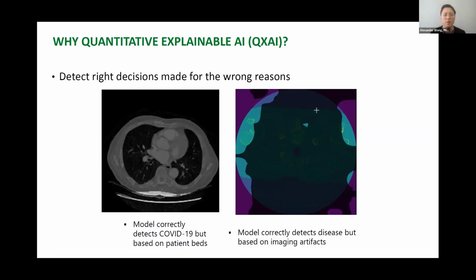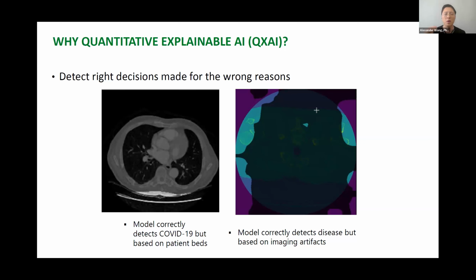The reason for this was the model was very, very good at detecting COVID-19 by never looking at the patient, never looking at the patient's lungs, but by always looking at the patient bed they were lying on, which is completely ridiculous. Again, this is a situation where it's making the right decisions, but for absolutely atrocious reasons. And as anyone can guess, what's the actionable step that we took to greatly improve the model performance?